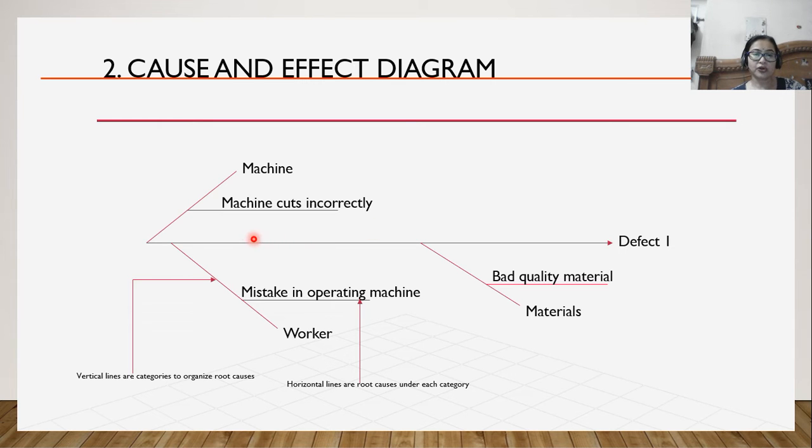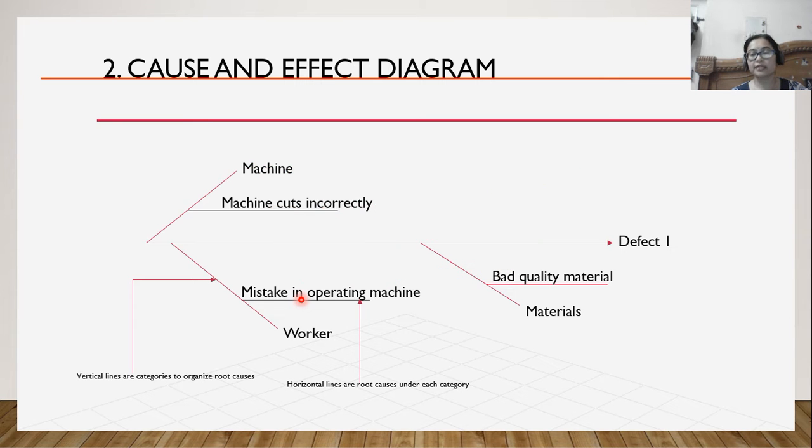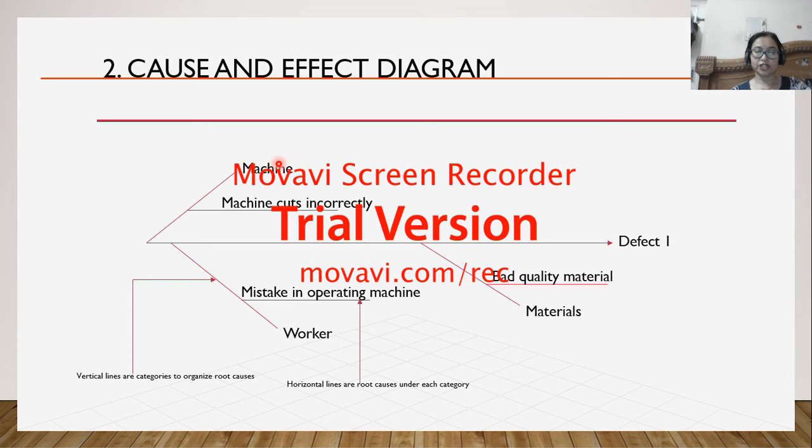All these root causes are now under different categories. They are listed under different categories. So these vertical lines here represent the category of each root cause, and the horizontal lines define or list out all the root causes under that category. So for my defect 1, I have categories of machine,